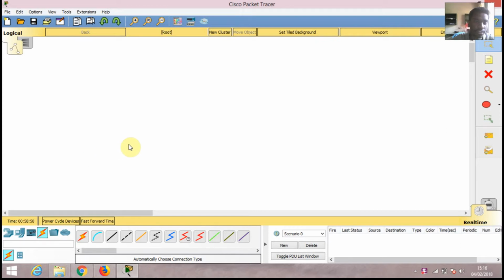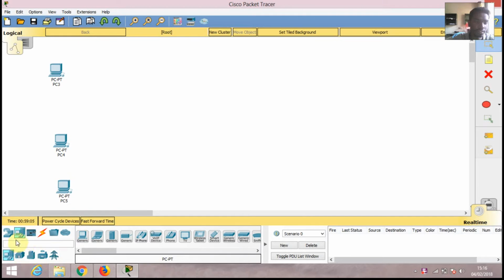How to configure a system with DHCP server, DNS and HTTP server. For this we'll be using 3 end devices. So first we'll be selecting 3 end devices, one, then the second one, then the third one, and we'll be using 2 switches,